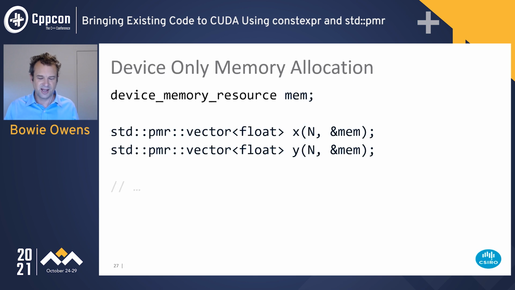So now making use of this memory resource, very similar to what we saw before, we're going to instantiate an object of our new type, device memory resource, and similarly pass it to the constructors of the vectors. But the important difference now is,